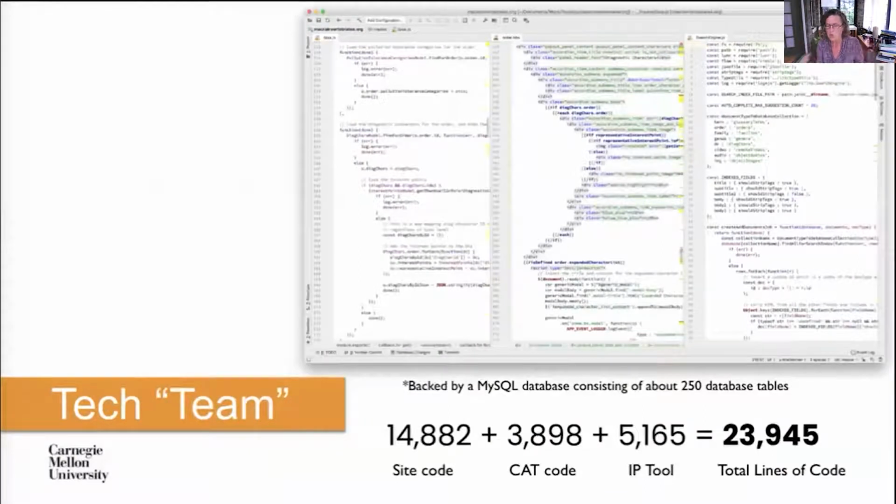I also put in square quotes the tech team. The site was really built by one individual, Chris Bartley, who wrote all of the code for both the front end presenting website, the back end content management system, as well as a specialized tool, what we call the interest point tool, where you have to go in and zoom and be able to label, annotate, rotate the pins and so forth. He created all of this as custom tools for us to develop the site. So it's really important to acknowledge his contributions. And at this point, this is just the website alone, almost 30,000 lines of code.